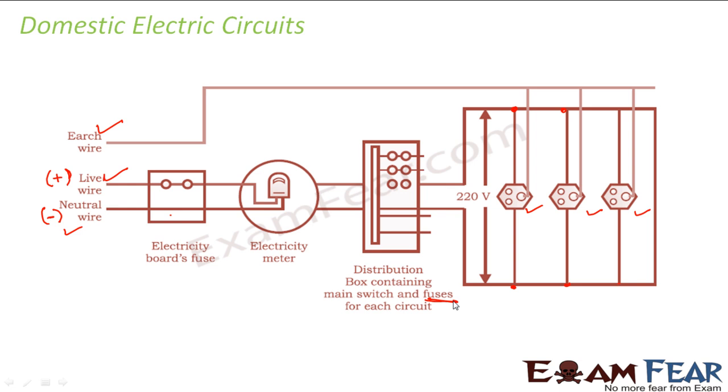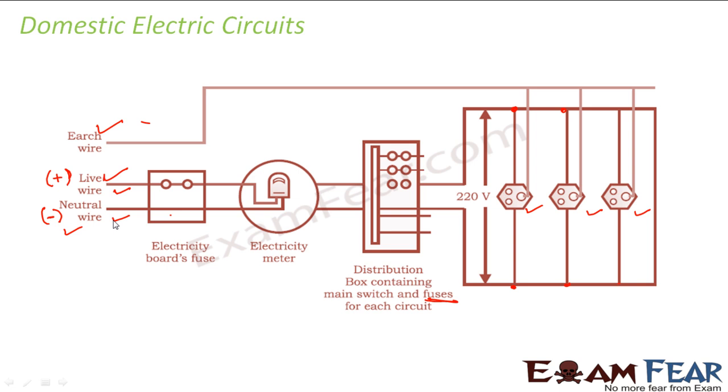So in order to prevent overloading, and to prevent extremely high voltage, because if this voltage between which we have kept all the devices in the house increases too much, in that case also this fuse wire helps. Sometimes it also happens that the insulation between the live wire and the neutral wire is not proper. So when the live wire and neutral wire touch each other, you get shocks. So fuse prevents that also.